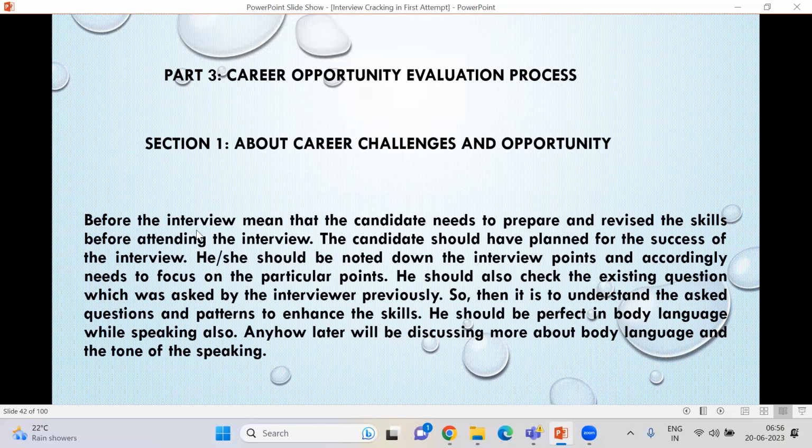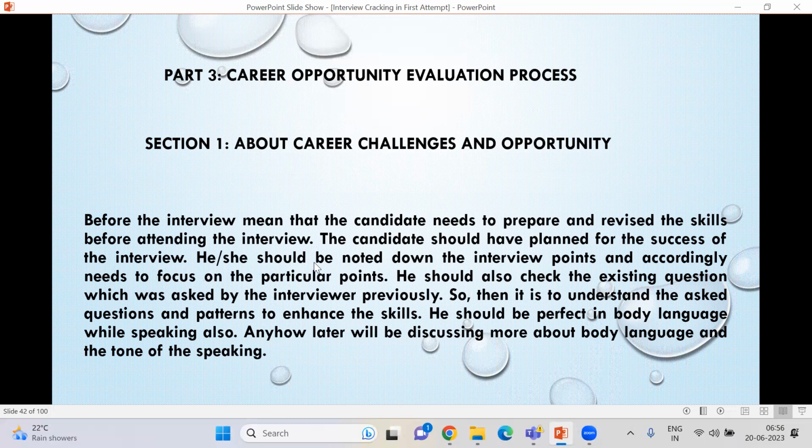So before the interview, the candidate needs to prepare and revise the skills before attending the interview. The candidate should have planned for the success of the interview.